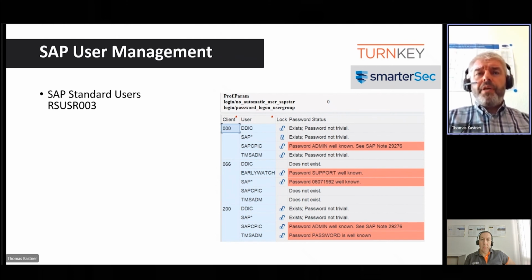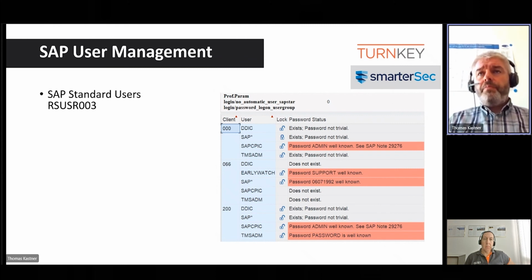RSUSR003 unfortunately does not check all SAP standard users and is only available for NetWeaver systems. So you need to check all the SAP standard users across your SAP landscape. There are about 50 plus SAP standard users we know, and it's not just those shown on that screen.